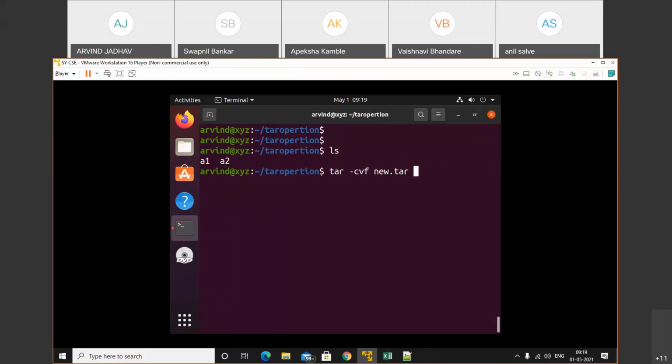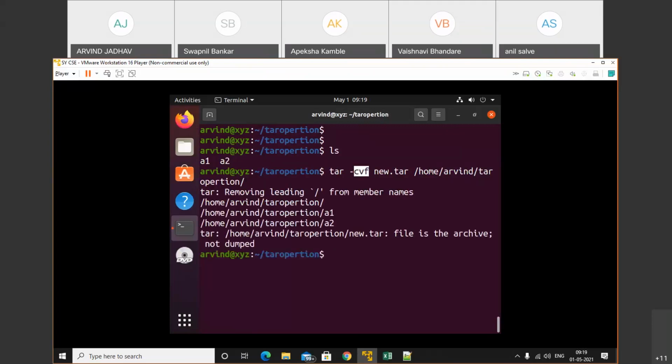So here we will pass the path home, under the user name, and after that tar operation. Tar hyphen cvf new.tar. So this is used to pass options. C is used to create, V is used for verbose, and F is the file archival type. After that, the tar file name is new.tar, and after that the home path.